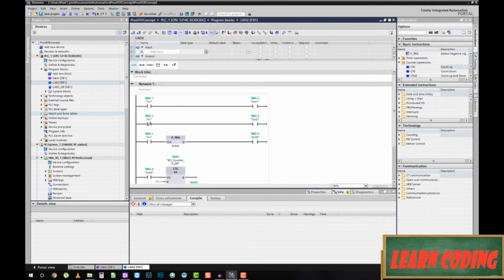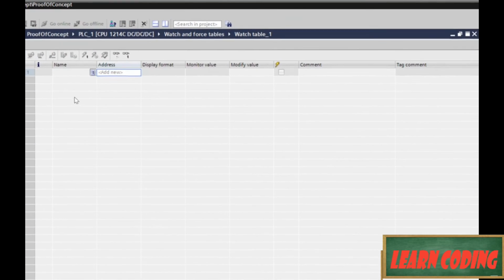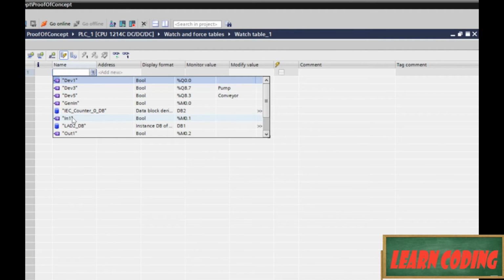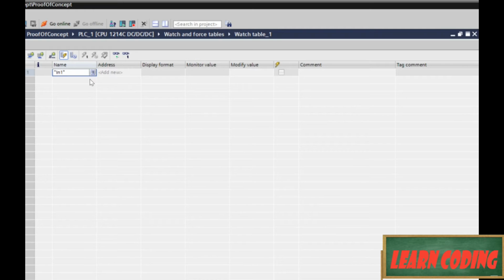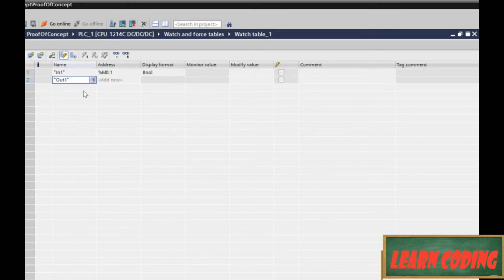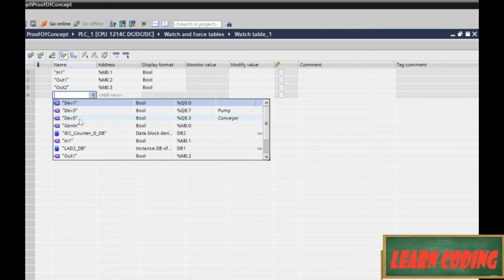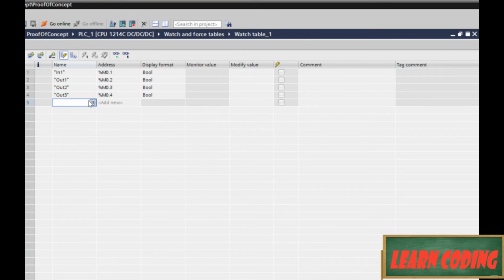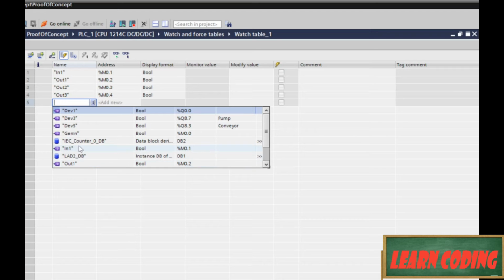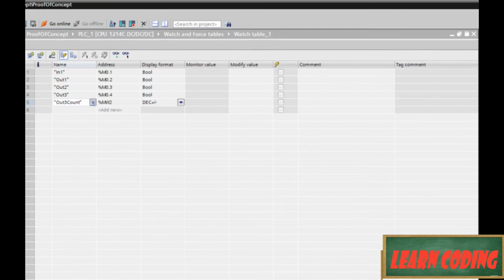Okay. I'm going to come over here to watch and force tables, and I'm going to add a new watch table. And I'm going to start pulling in the things that we need to control and watch. So we know we want our in1. We know we want our outs. So out1, out2, out3. We're going to have our out3 count,